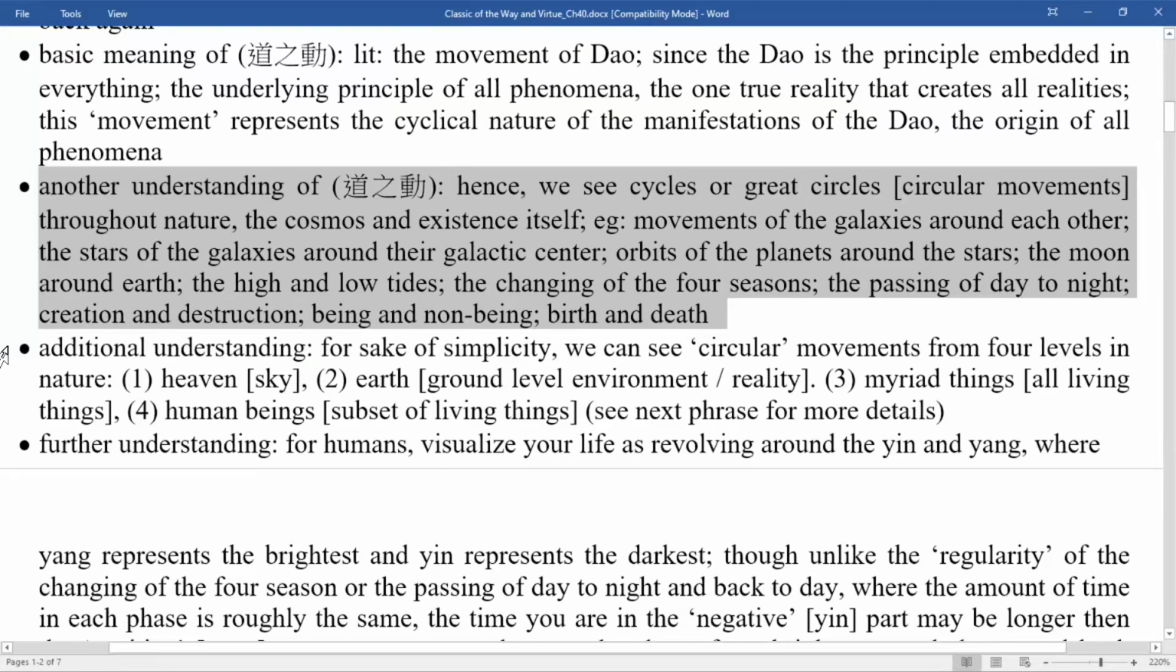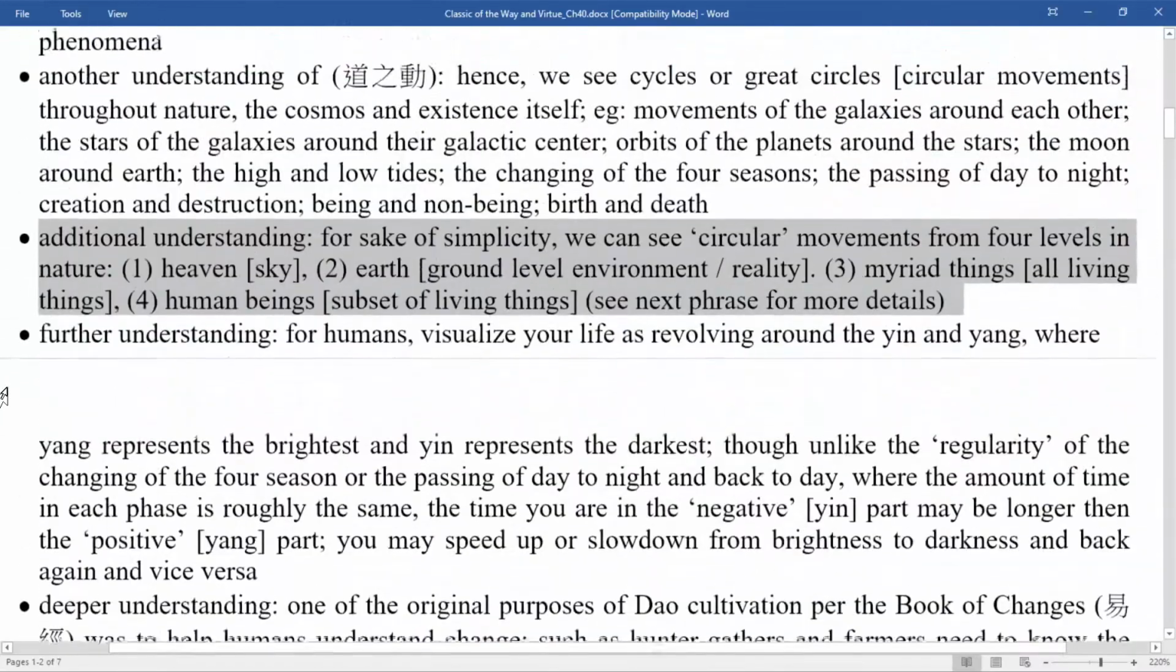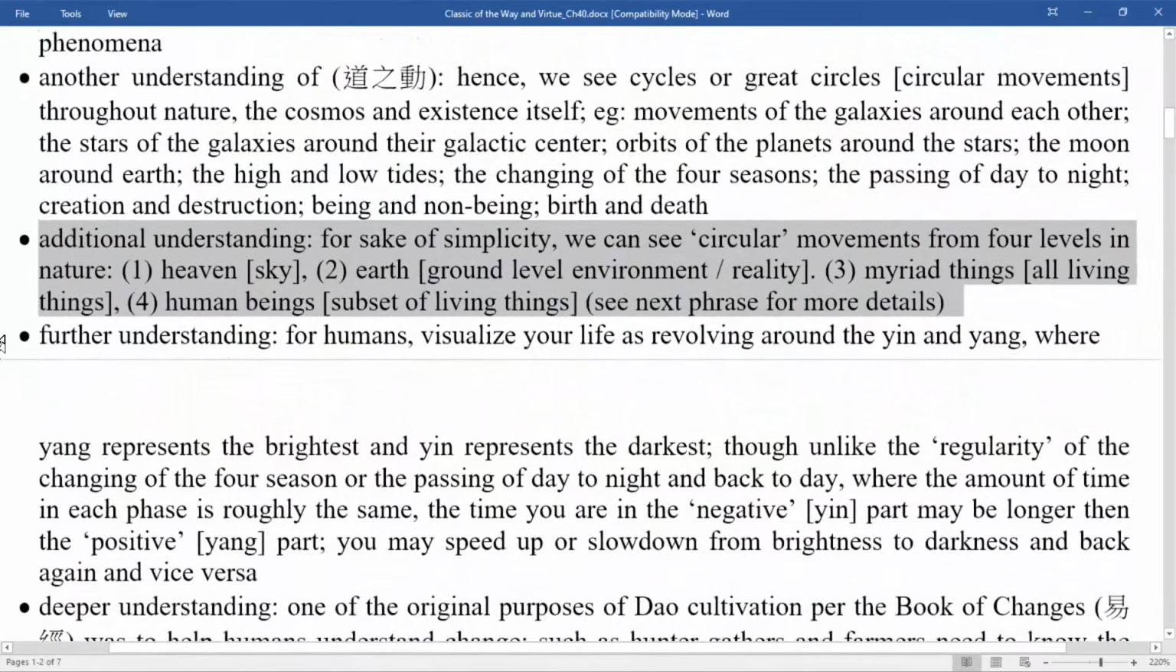Additional understanding. For the sake of simplicity, we can see circular or cyclical movements from four levels in nature. For example, one, the heavens, the sky. Two, the earth. That's the ground level environment, ground level reality. Then the myriad things, that's all living things. And then human beings, being the subset of living beings. Now the second phrase, there's more details, but we'll get there. Further understanding is